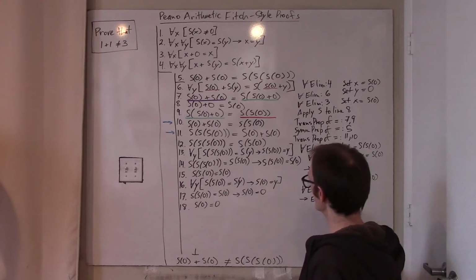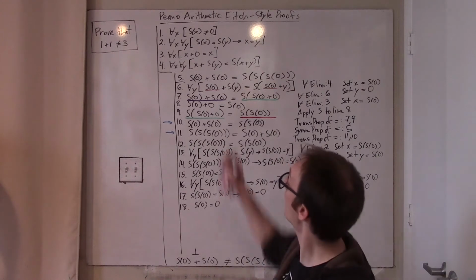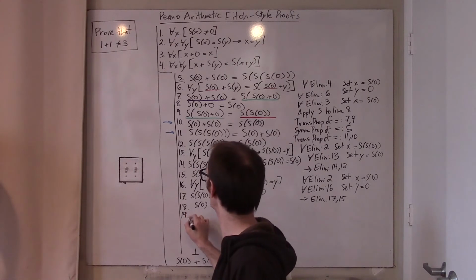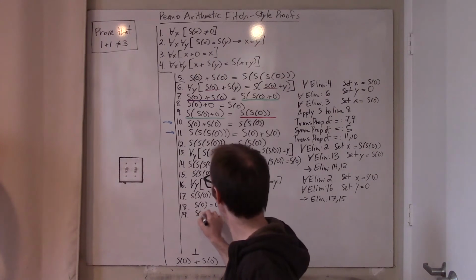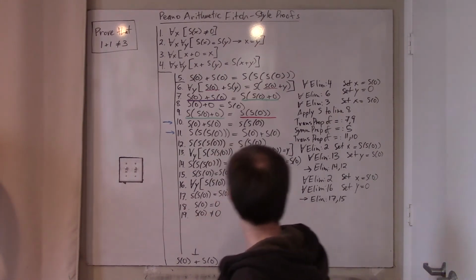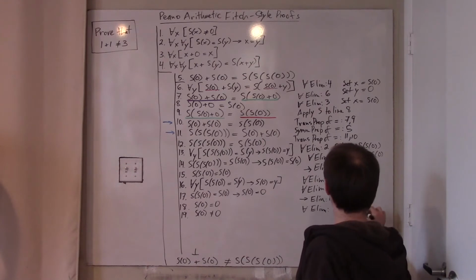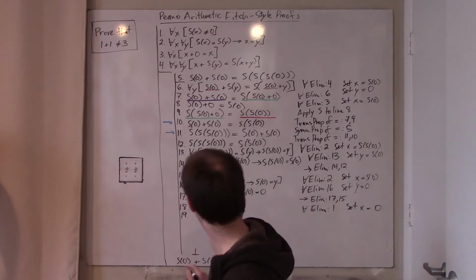And, okay, we're almost there, because this can't be. Why is 1 not 0? Because 0 is the number who is no one's successor. So I reach for line 1, and line 1 says that S of 0 is not 0. So this is universal elim line 1. Specifically setting x to be 0, although I think that's kind of obvious. Okay, and now